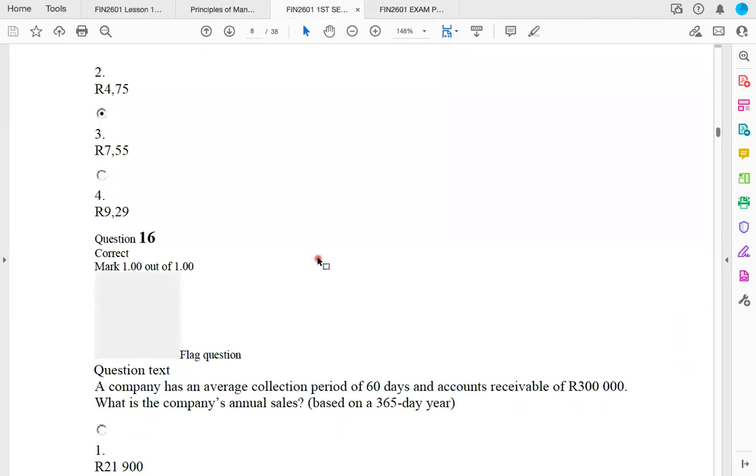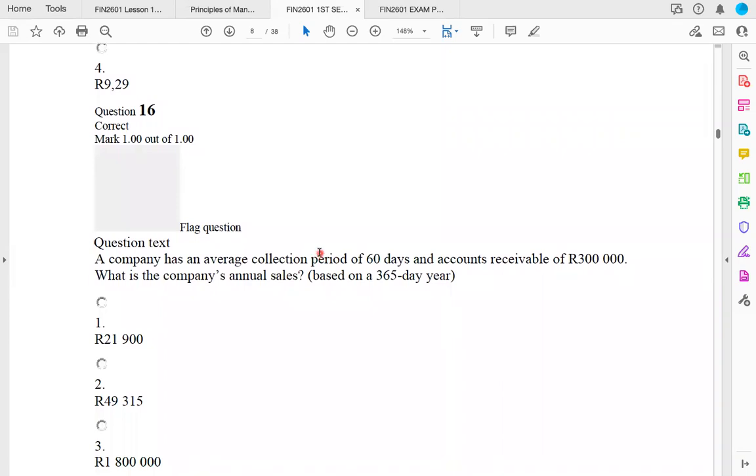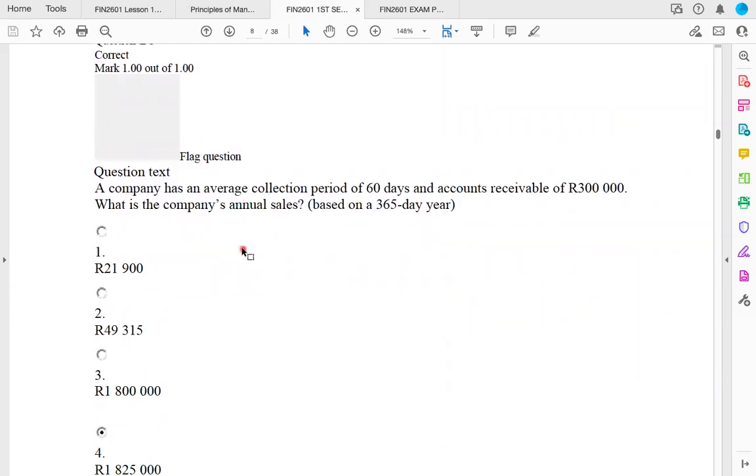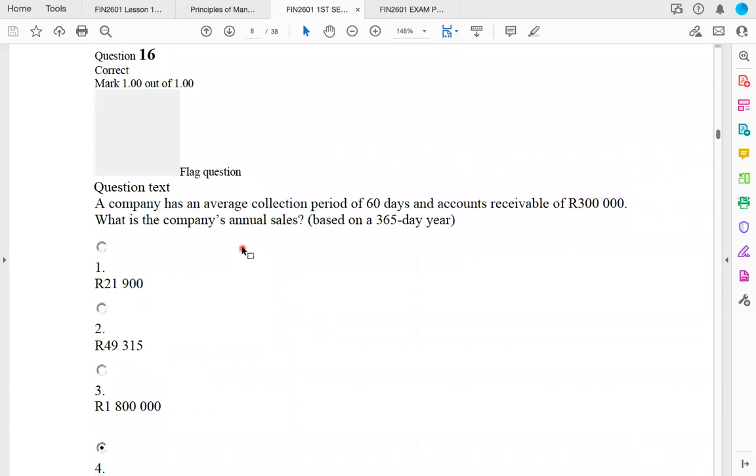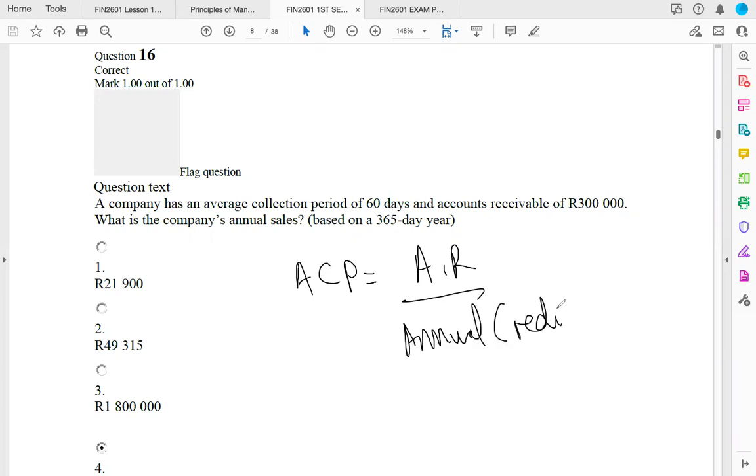And then the last question with regards to ratio analysis for the purposes of our exam prep. We've been told that a company has an average collection period of 60 days and accounts receivable of 300,000. What is the company's annual sales based on 365 days per year? So we know that our average collection period is equal to our accounts receivables over our annual credit sales, times 365. The reason I've put the credit in brackets is that sometimes they just say annual sales, whereas